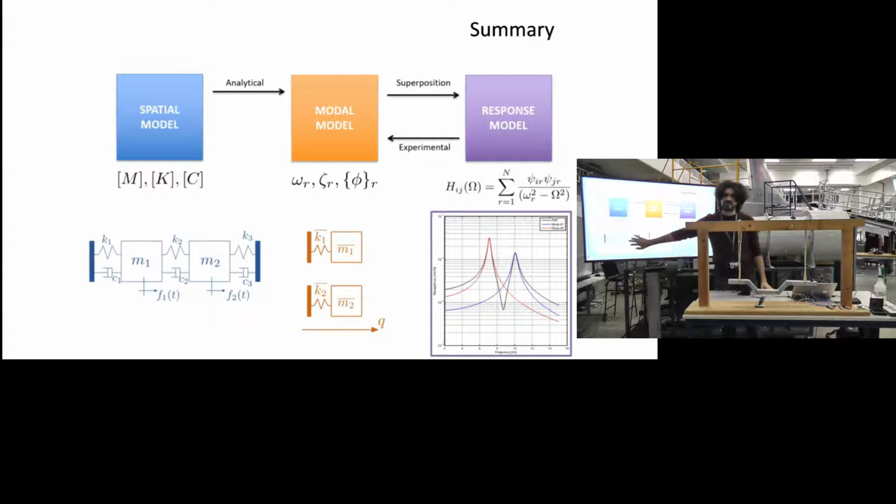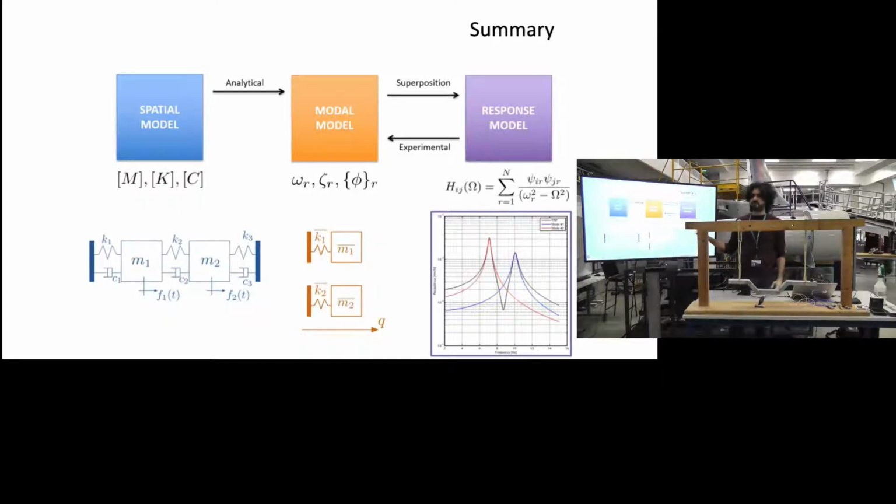So this is very hard to solve, and this is very easy to solve. By means of superposition, by just summing, the solution of this one is this red curve, and the solution of this one is this blue curve. By summing the solutions, you get the frequency response function of your physical space system,